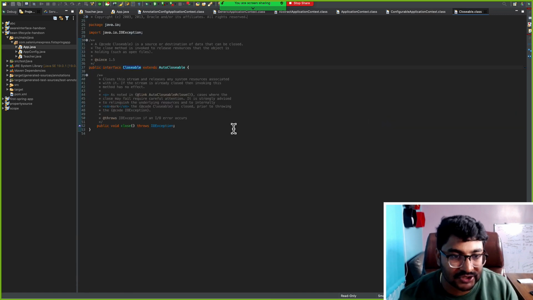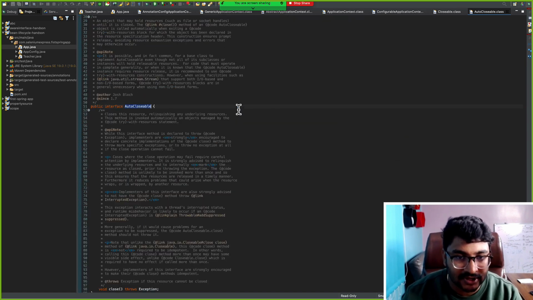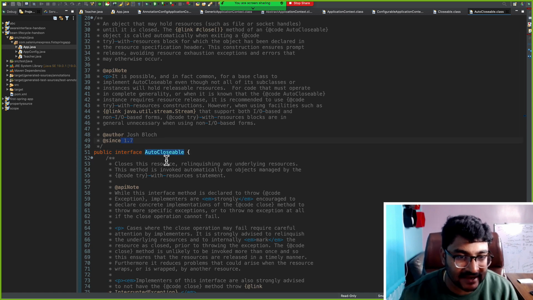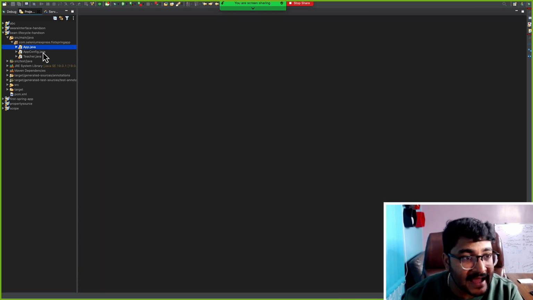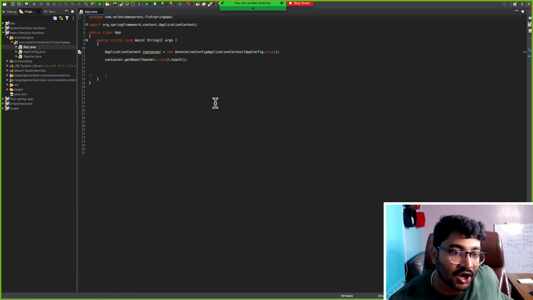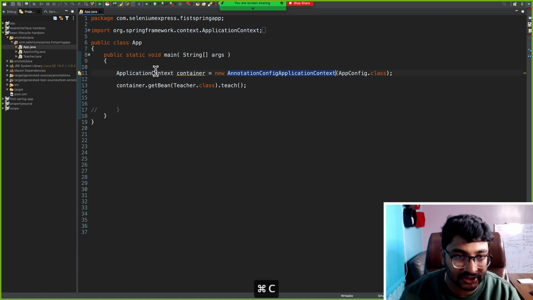This interface was introduced in Java 7, and what it says is that if any of your classes, like the application context, implements an interface called AutoCloseable, like this AnnotationConfigApplicationContext,